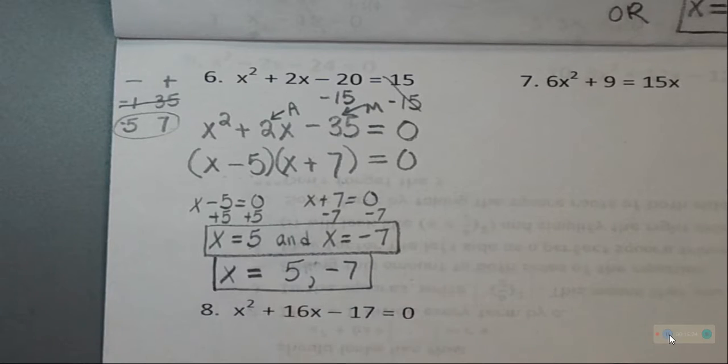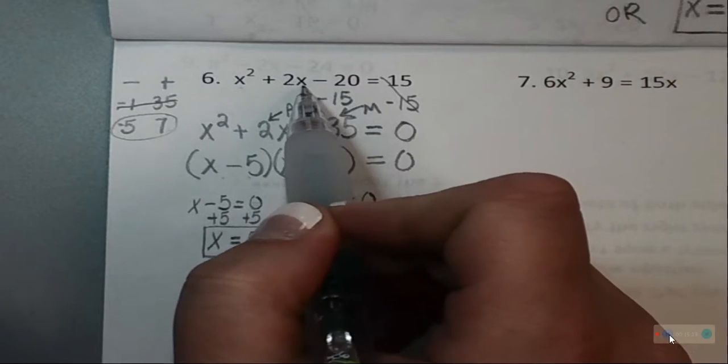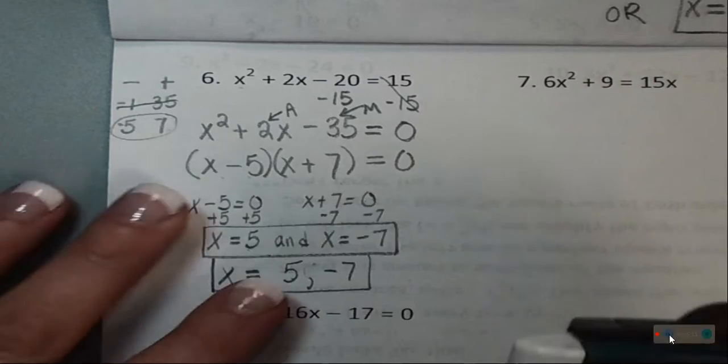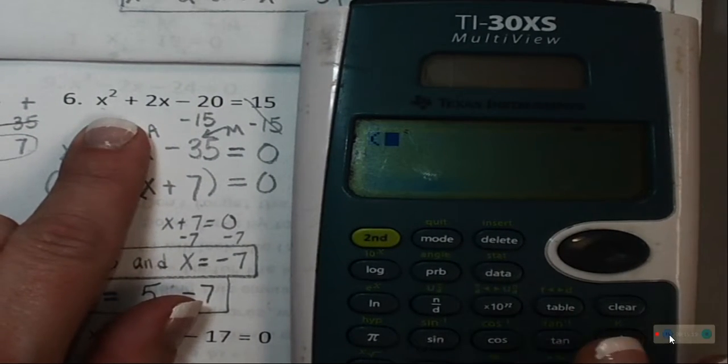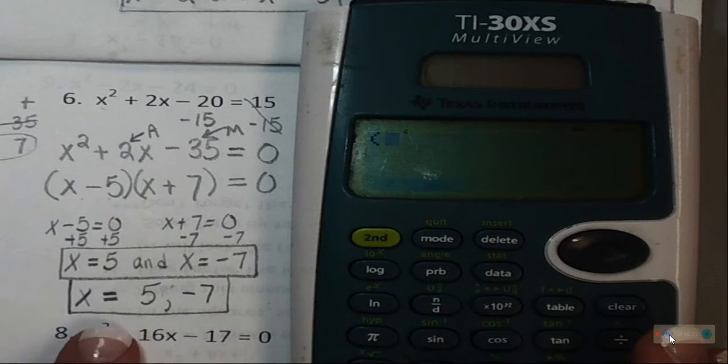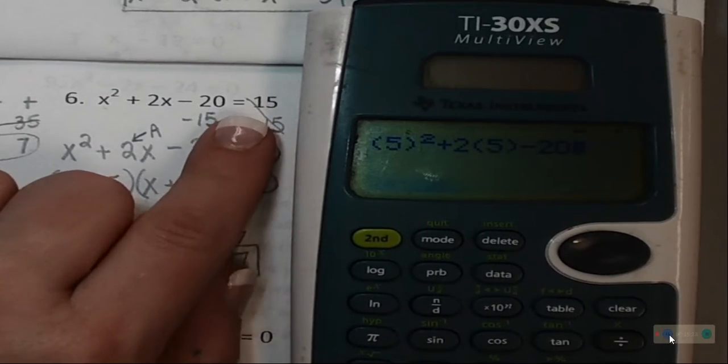But we're not really naming the point, we're solving. So all we care about is what x equals. Because if I take x and I plug it back in, let me show you how to check your work. All right, I go back to the original. What is 1x I think I have? I think I have 5. If I do 5 squared plus 2 times 5 minus 20, if I get 15,